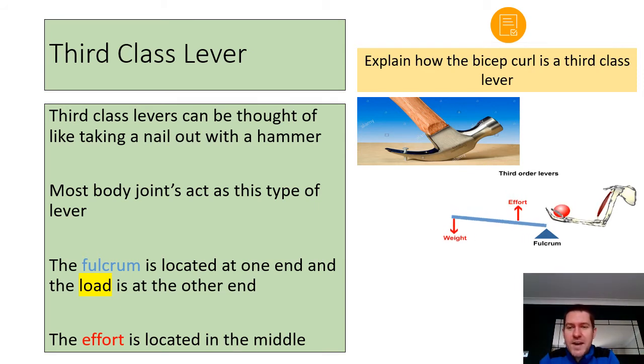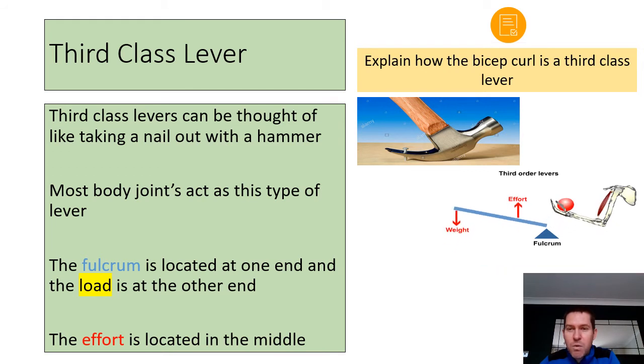Okay, so hopefully you've had a go at that. Now, a lot of students initially, when they look at that diagram and that example, say, well, hold on, sir, isn't that a first class lever? Because we have the bicep on one side, we've got the elbow joint, which represents the fulcrum in the middle, and then we have the load, the resistance, which is the ball in hand, being moved at one end as well. What we've got to be careful of here, guys, is the fact that, yes, the bicep is on one side,